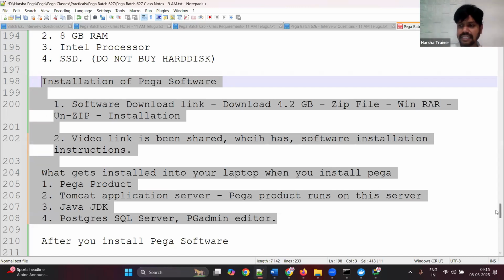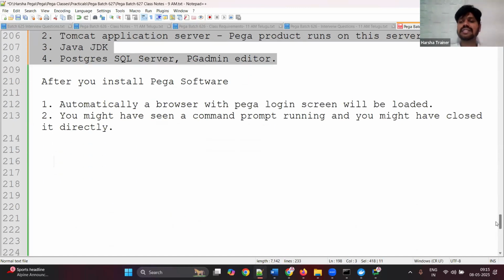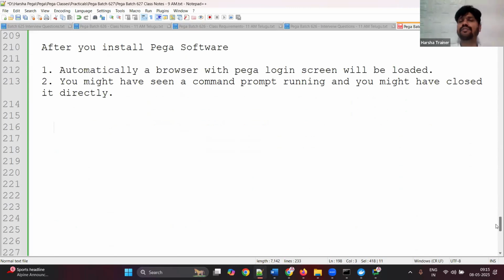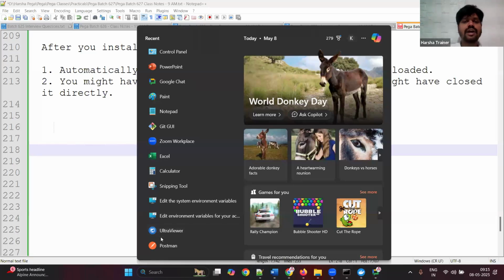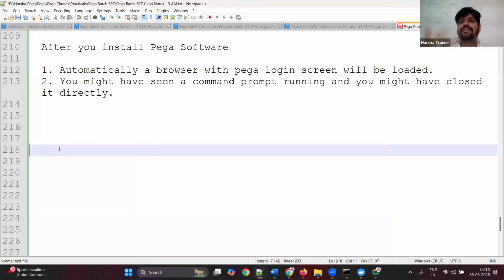So now, if I have a software installed on a server, to access that software, should I start the server? Yes or no? It is as simple as this. What I am trying to explain to you is, you have installed Windows operating system. Let's say one software, Microsoft Office, MS Office, you have installed in your laptop. How do you access MS Office? Before you want to access MS Office, you need to do two things. One is start your laptop,